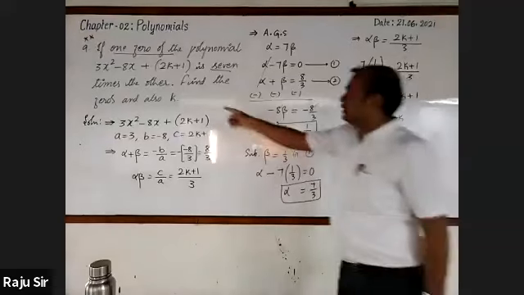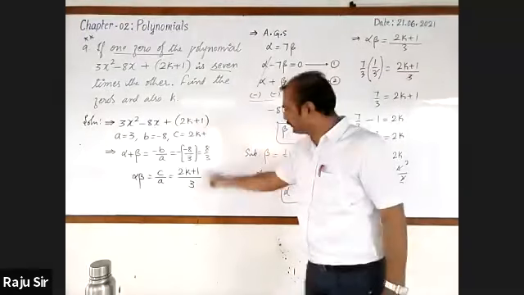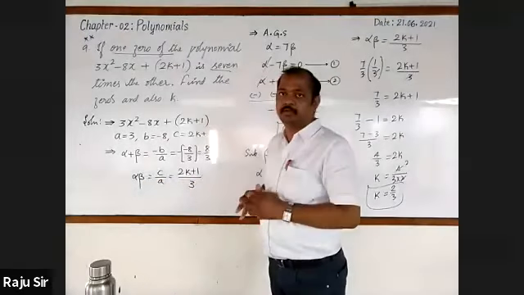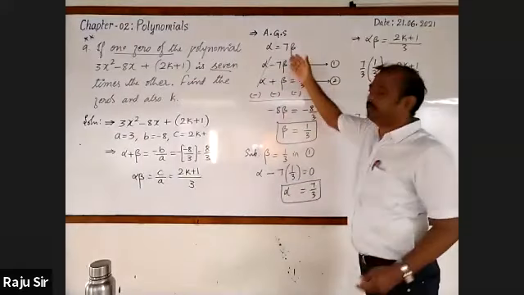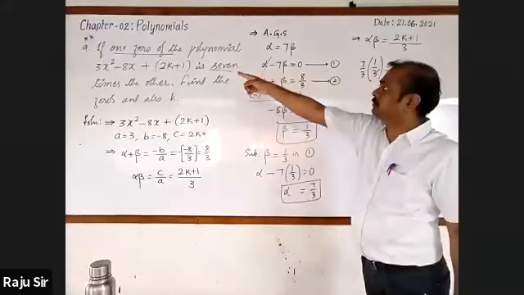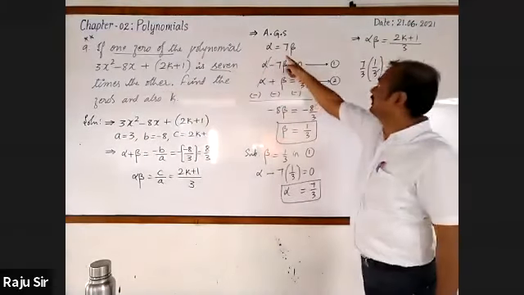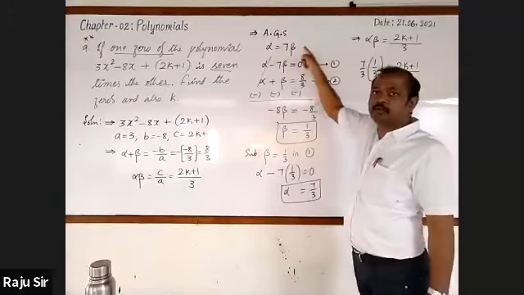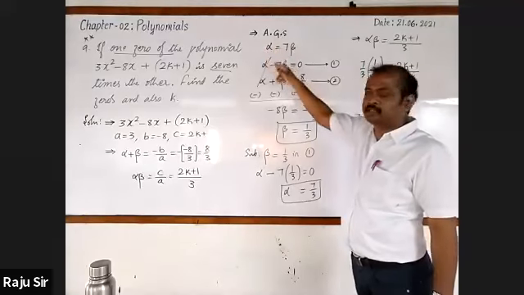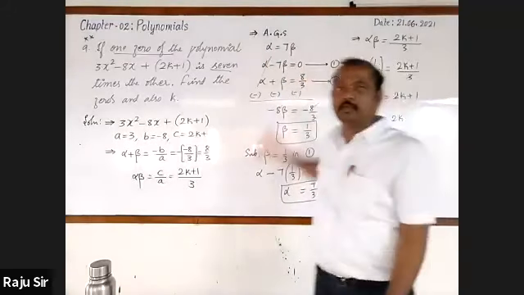See that? You are going to find out the value of K. To know the value of K, you must need alpha and beta. To find alpha and beta, the given statement is one root is 7 times the other. So we have written it as alpha equal to 7 beta. And on transferring 7 beta to the left hand side, it will be alpha minus 7 beta equal to 0.